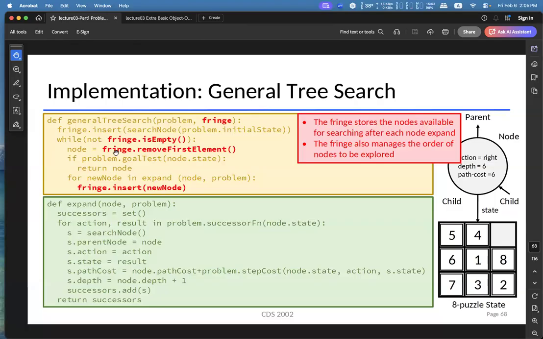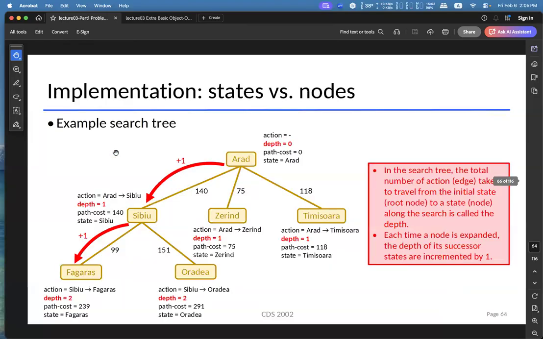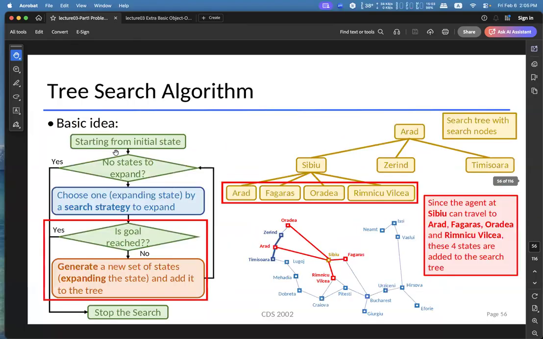We keep the fringe only storing nodes that have not been explored yet, and that also happens to be the leaf nodes of the search tree. This is by design. So any questions?